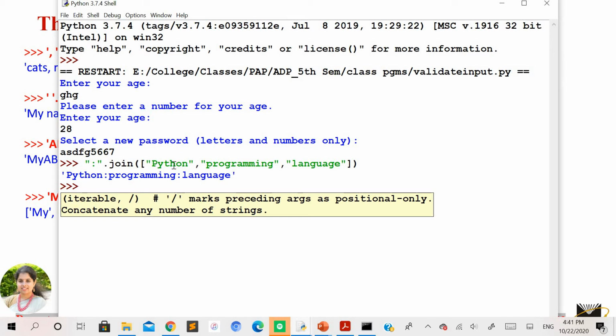But joining is done by taking only one element at a time, taking the parameter to join over here, and considering the next element to be the joined element, and the same thing is going to repeat here. So you can see in this example, for Python, the colon is used for joining, then programming, again the colon, and then the language. So if you use the join method, it is going to consider each element at a time, and all the elements of the list are joined with the parameter that you pass here.